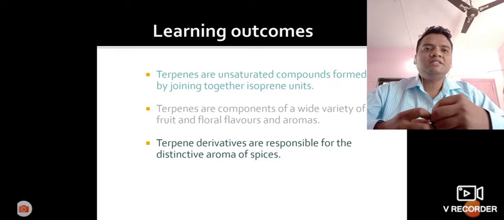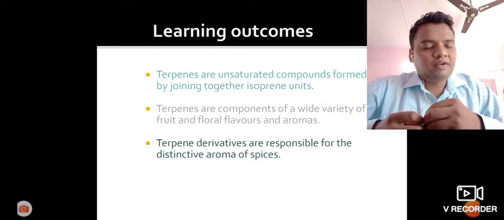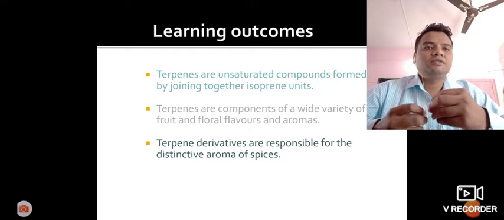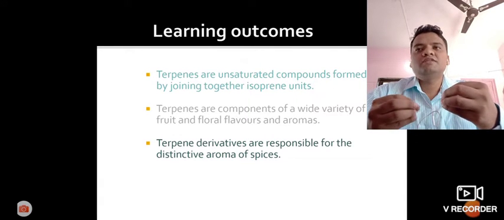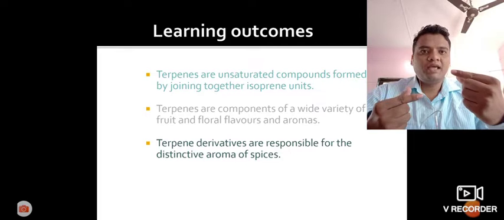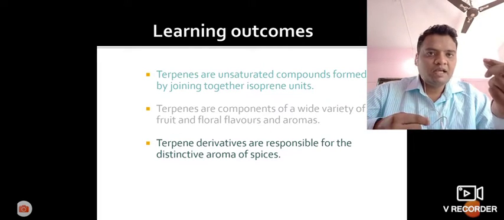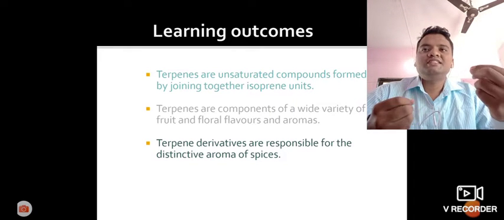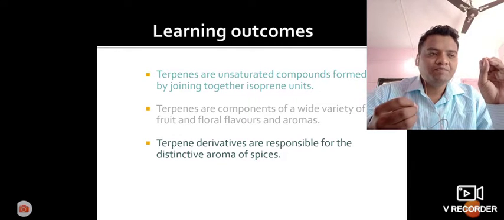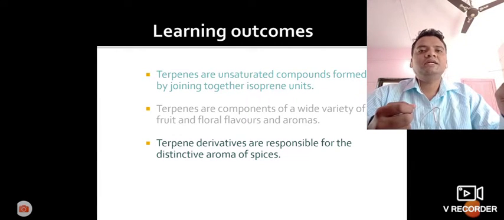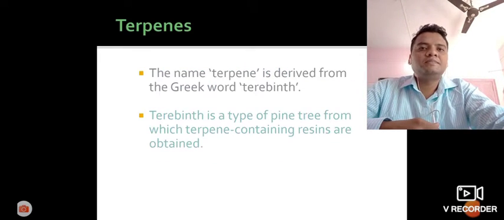Terpenes are compounds of a wide variety of fruits and flower containing plants, which produce the aroma. Why do these types of terpenes have a specific smell? Why does the plant produce this specific smell? Because of this smell, parasites and predators avoid touching that particular type of plant. Terpenes are responsible for the disinfectant aroma of these spices.